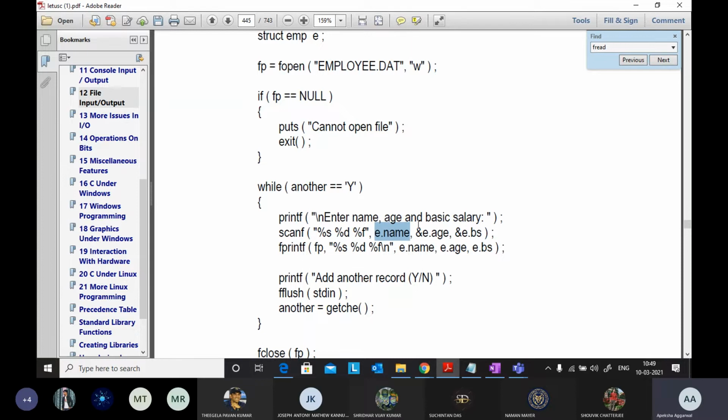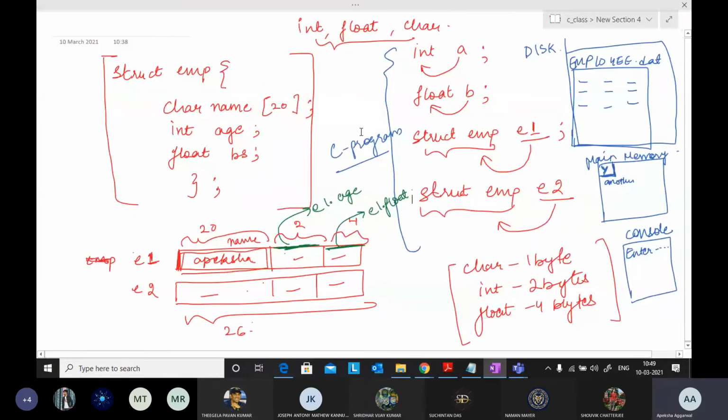This is normal, like I'm using address of with all the variables in scanf. So this is correct, this is correct. Why have we not used address of with name? Yes, ma'am, because it is a string.